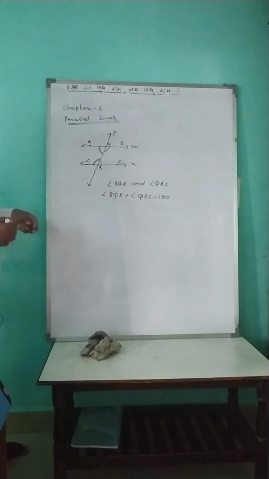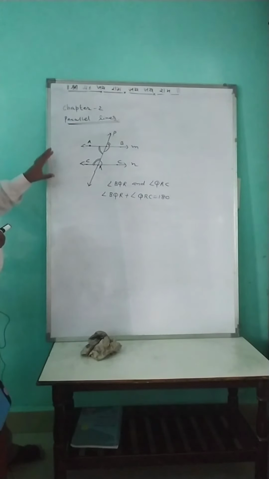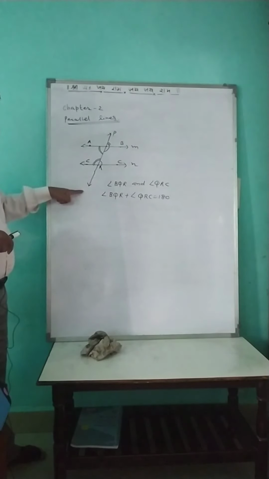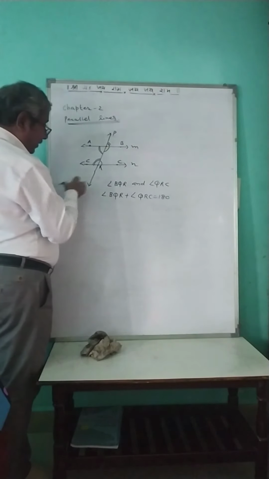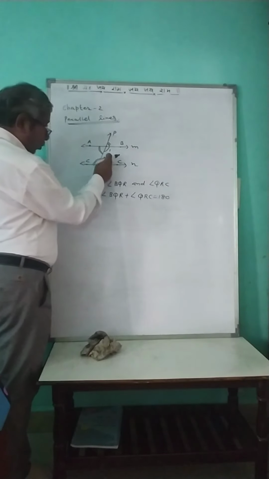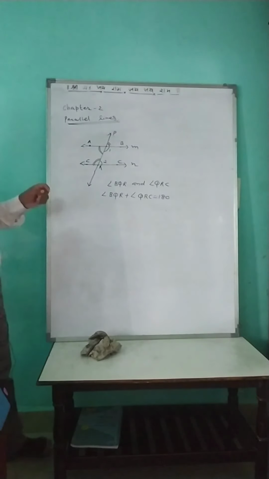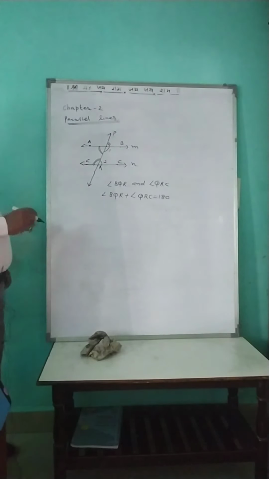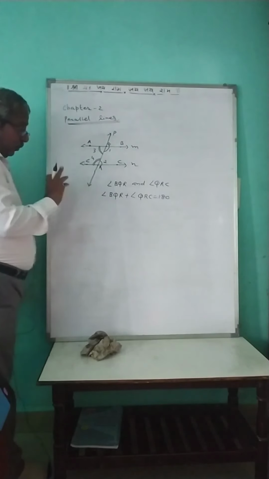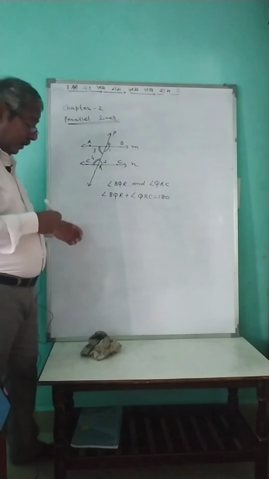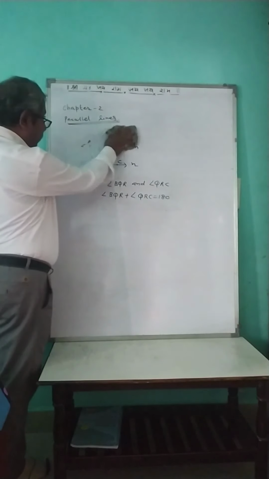This is also one property: if two lines M and N are parallel and P is the transversal, then these two angles, suppose this is angle 1 and 2, are known as the interior angles, and the sum of these interior angles is 180 degrees. Similarly, this is another pair, 3 and 4. This is also the interior angle, and using all these properties we have studied, we apply them in the chapter